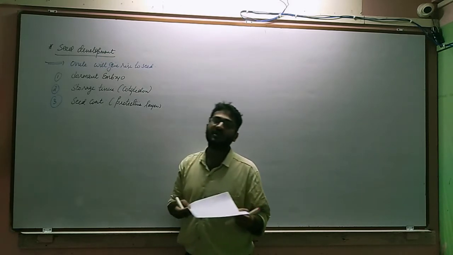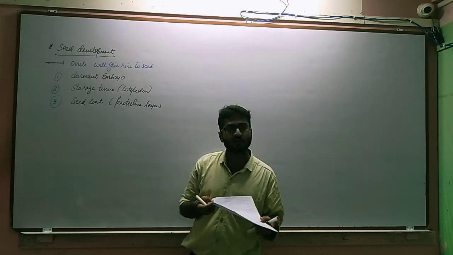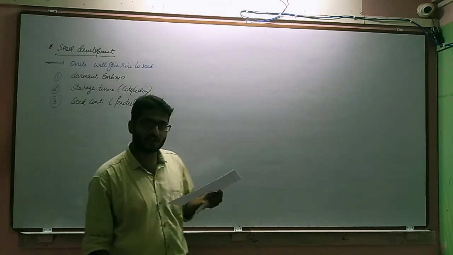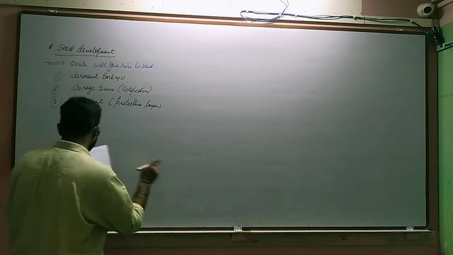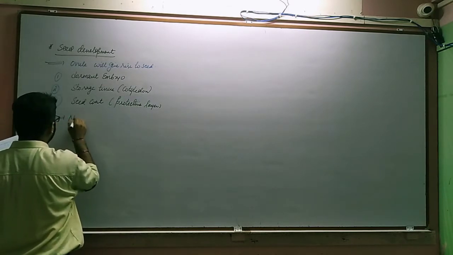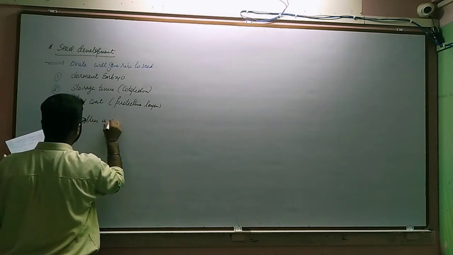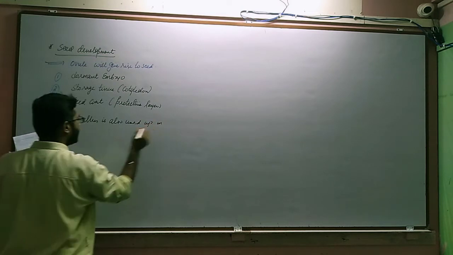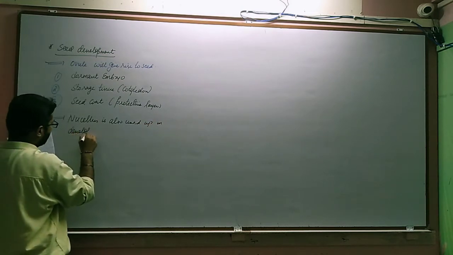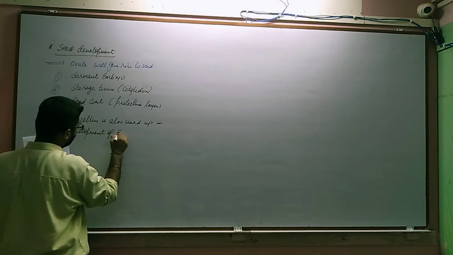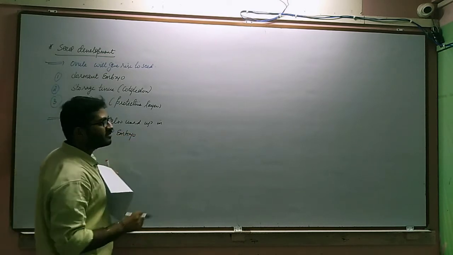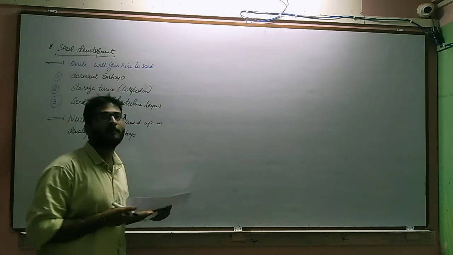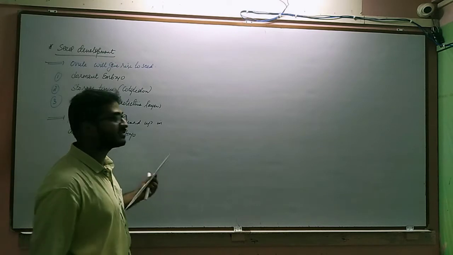Right? Now we have also seen the nucellus, which surrounds the embryo sac in the ovule, and the endosperm. In many cases the nucellus also gets used up in the development of the embryo, but in certain cases the nucellus still remains within the seed, and such seeds are called perispermic seeds, which we have discussed earlier also.